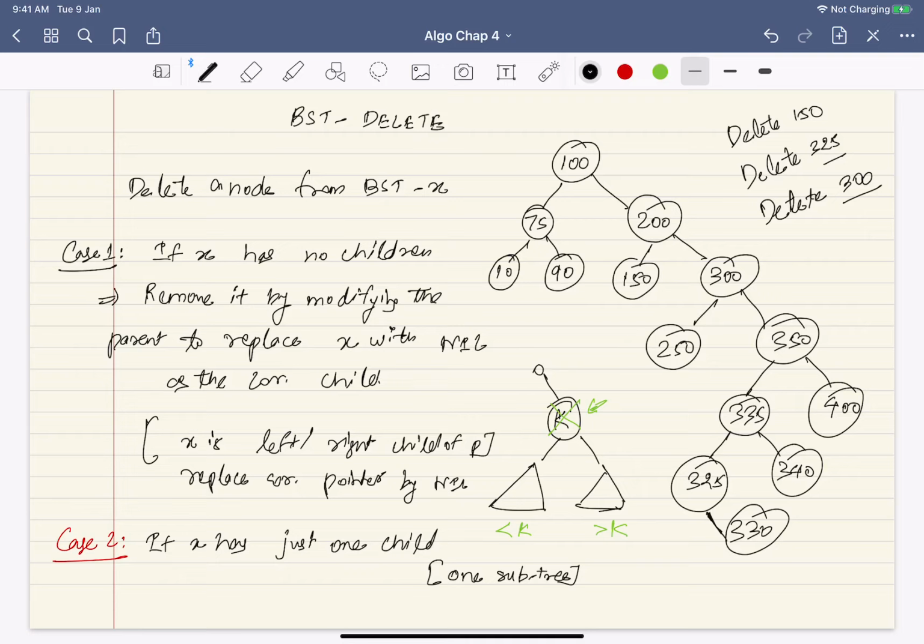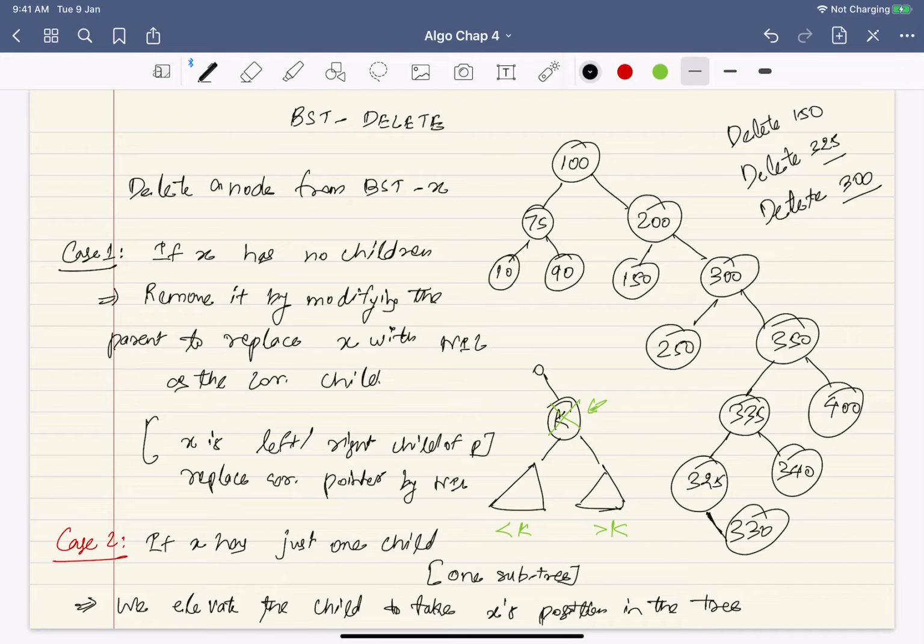So if X has only one child, like in the case of 325, I will take the corresponding child and put it in the place of X. We elevate the child to take X's position in the tree.